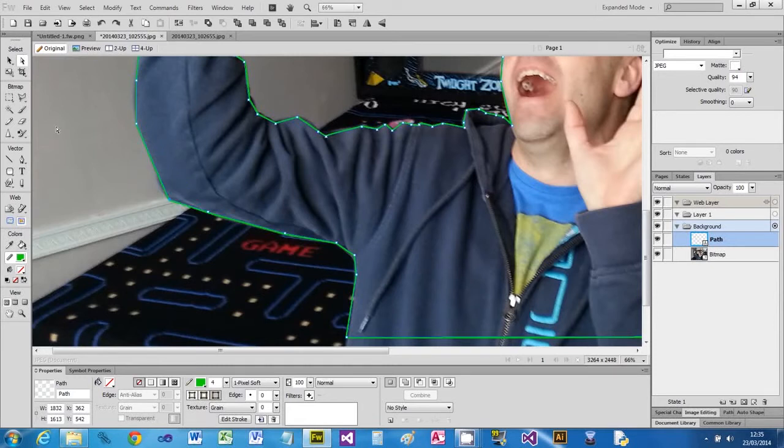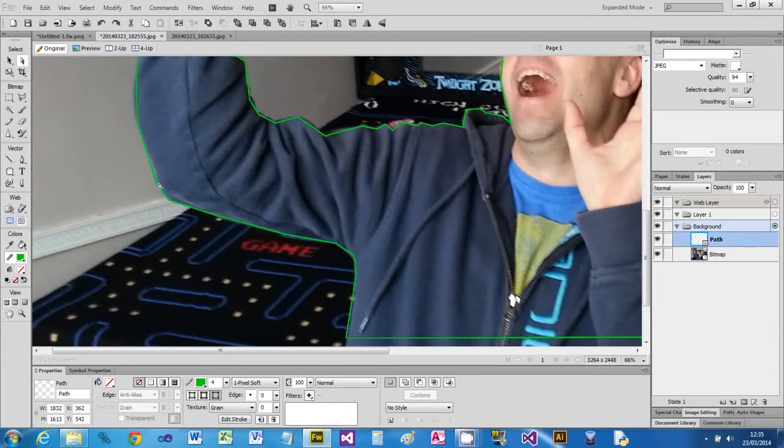If you want to add extra points, you can do that with the pen tool. So you'll see that it goes to a little plus. Move it so you can see that. You get a little plus if you move it over the line, and you can say, right, well, I want to add another point there, and it'll add a new point. And then you can use the white sub select tool to drag out, and you can add as many extra points as you want. Okay, well, that's obviously not very nice now, so I'm just going to